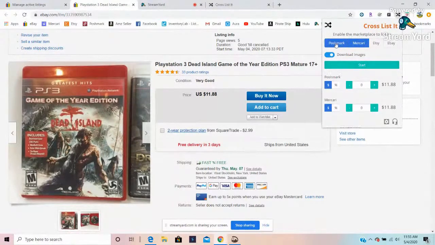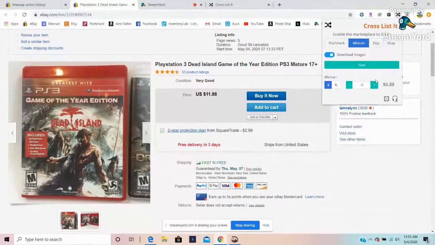So I'm going to hit start. If I was listing on Poshmark and Etsy, you can see where it adds all 3 of them. So I can say, okay, add to this one, take away from this one, and keep this one the same, to adjust the price. But in this case, we're only going to do Mercari, and I am going to keep it the same price.